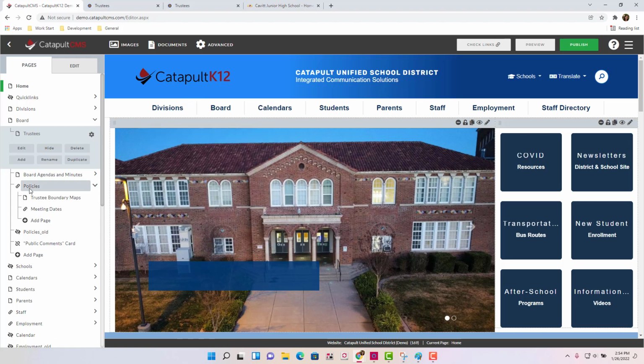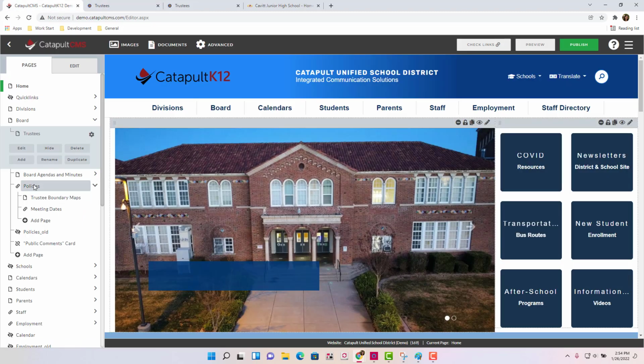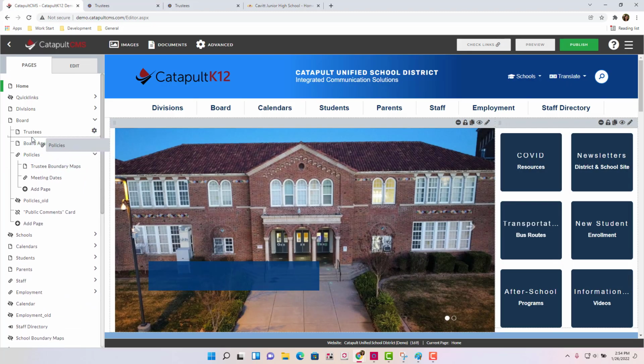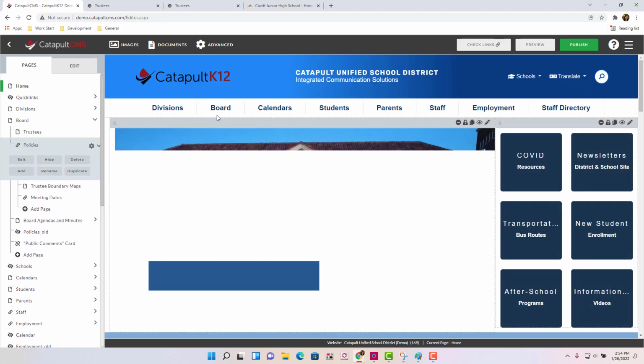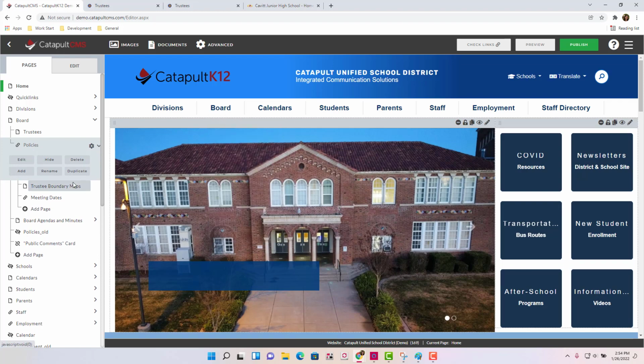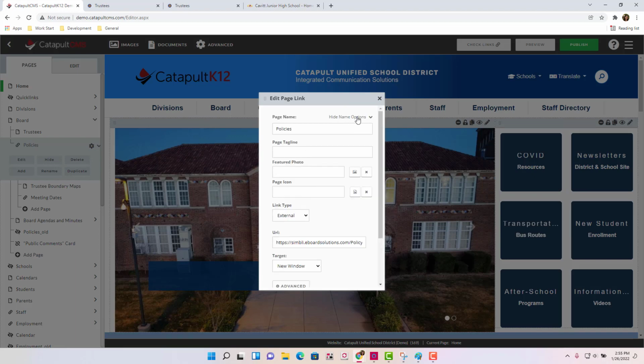One other thing is if I wanted policies to also have a picture, so under board, I wanted to do policies and maybe I wanted to move it over here, I could go ahead and move policies right there, right? And it's gonna go ahead and move in the drop down. So you can see under board, policies just moved. And the link also does have the option for a picture. It's under show name options. And so I could say,